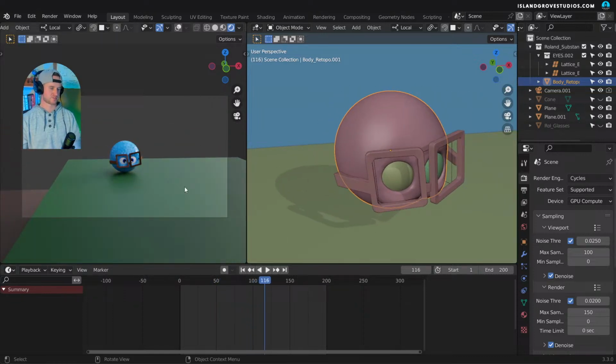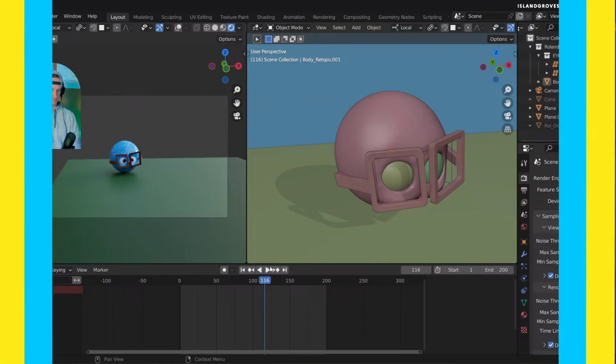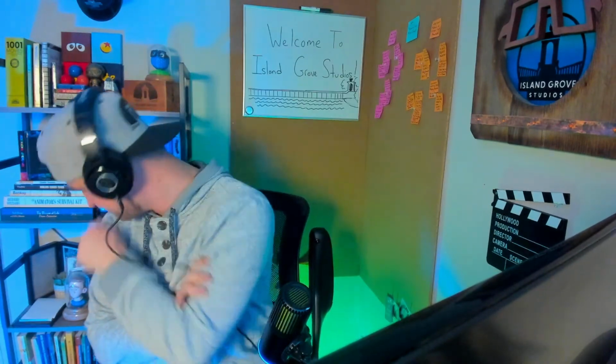Having him upside down is pretty funny. And then he can like fix himself. And I think that's going to do it for tonight. Maybe I'll be back on tomorrow and we can tackle more of the movie poster. And I do like the lower angle better too. A little more cinematic. I want to get rid of that tangent, so